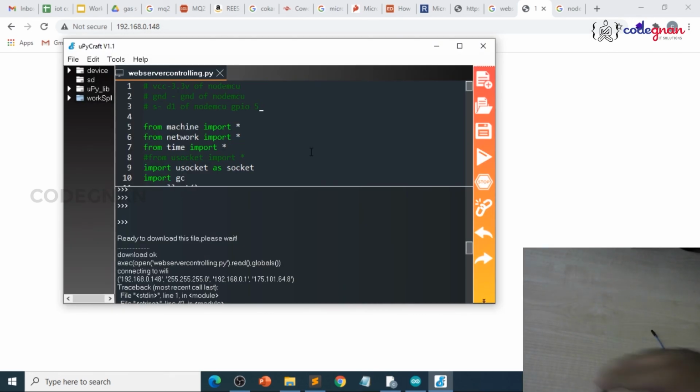You can see I am connecting my relay signal pin to D1 and ground pin to ground and VIN pin to 3.3V and power pin to this D1. It might be a loose connection. You can clearly observe here when I play this,